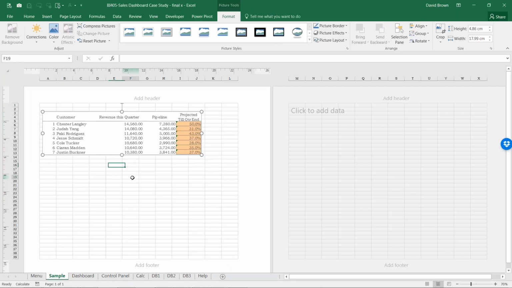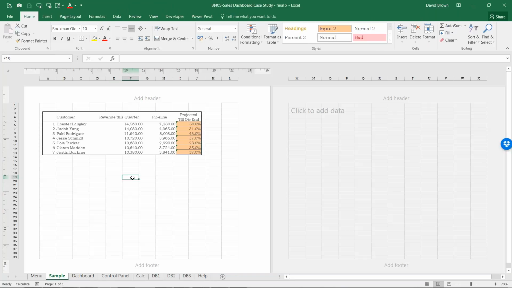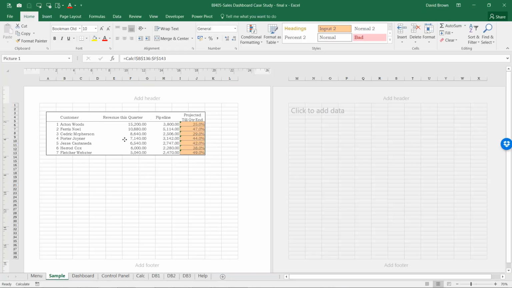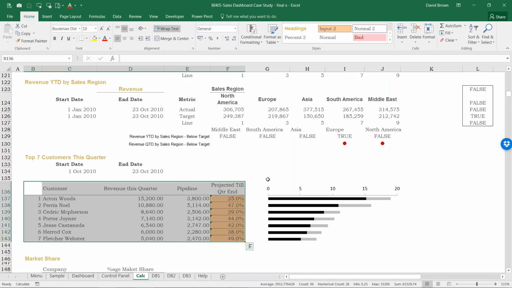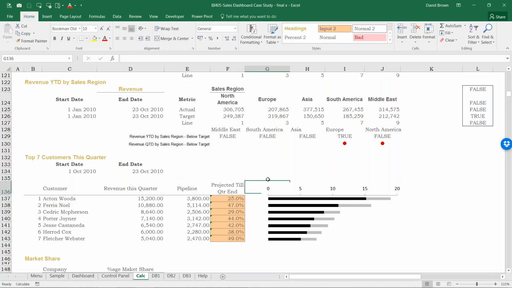The thing about this is it is live. So if you just look at it, I'm going to press F9 to update my data. If I press F9, you'll see that it updates. Can you see the name changes? So this is live. This is a live dashboard. It's a live picture. So the key thing about a dashboard is just create all your tables and charts, and then take pictures of them. There's a small trick in taking a picture of a chart.